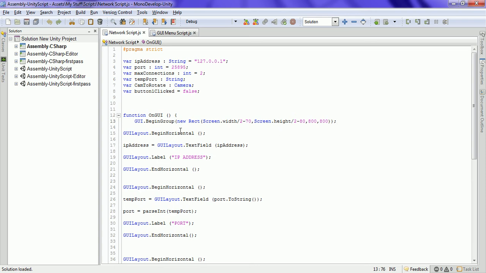GUILayout.BeginHorizontal means that on the first line of our new rectangle we're starting a line that goes across horizontally, and we're giving it an IP address equals GUILayout.TextField(IP address). The reason we have this as a text field is so that you can enter the text that you want to enter. GUILayout.Label IP address tells the user what is to be entered there, even though they should pretty much know from the